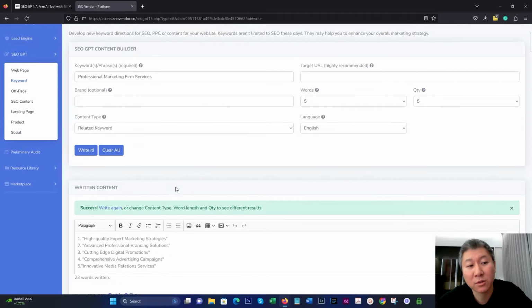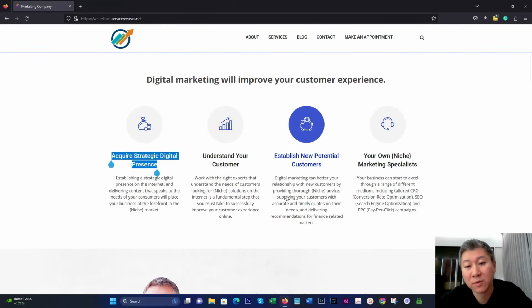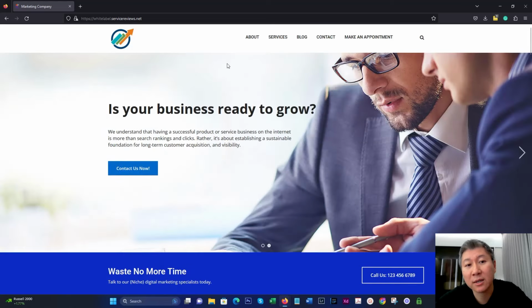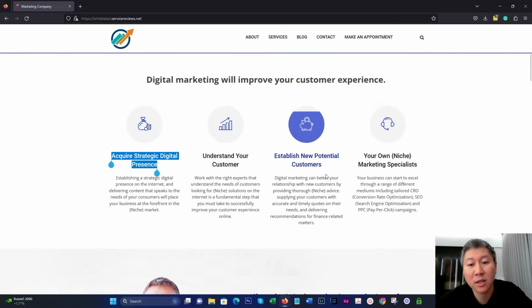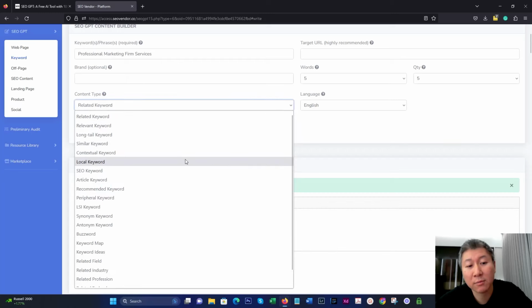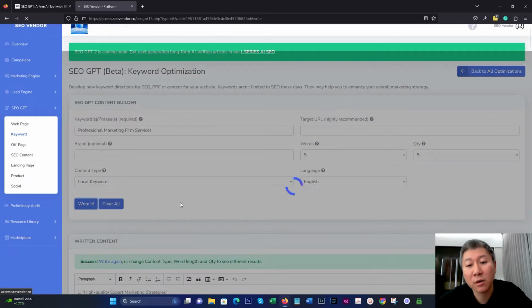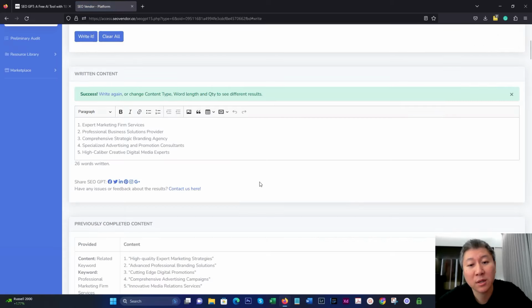I can use, say, to help me to create a title or a description for certain parts of the website. I can use that for, say, helping me to determine ideas that I want to put on the page. I can use those keywords for SEO optimization. For example, maybe I need some ideas about keywords that are local keywords related to in the area of professional marketing firm services. I may not know directly what the analysis is on those keywords, like the competition or the